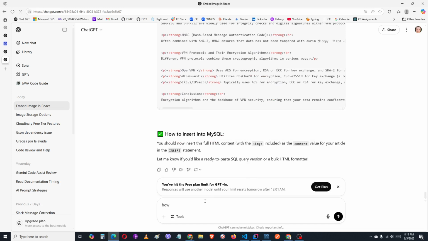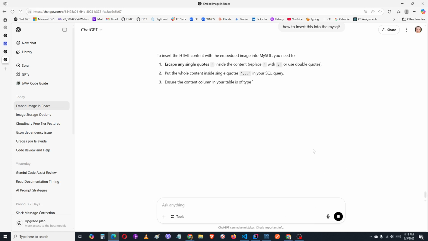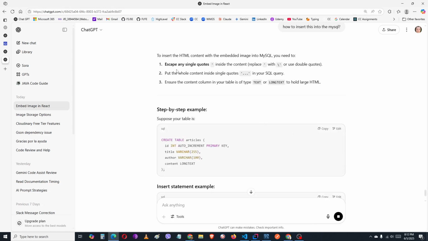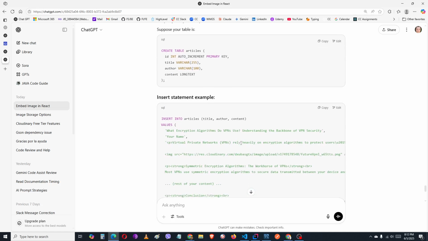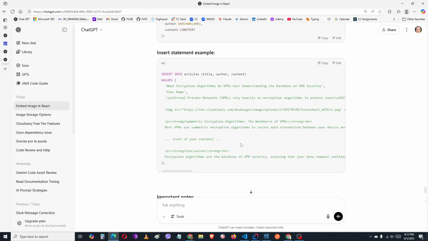How to insert this into the MySQL. Let's see if I can even insert this into MySQL. Yep. How engineer